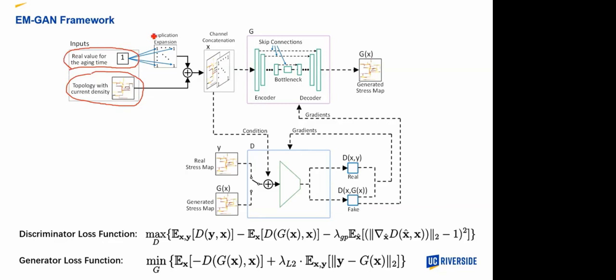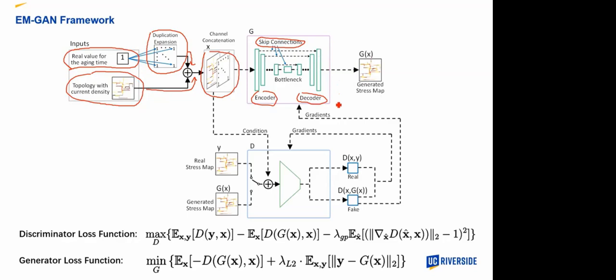This time input is then duplicated and expanded into a matrix, which has the same size as the topology image, and then both of these inputs are combined into a two-channel image. Then the generator will do some transformation to convert the input into the estimated stress map. The generator has an encoder-decoder structure, and we also added skip connections to directly transfer the high-level topology information from the input to the output. This actually helps a lot to improve the final results accuracy, and I will show the details in the discussion